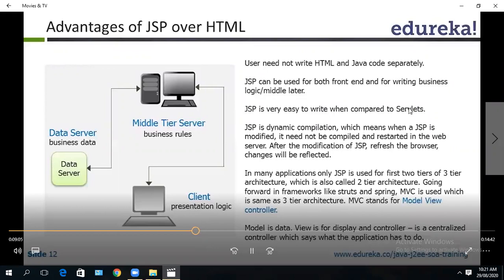The 3-tier architecture means that you have a front end, middle layer and back end layer. What do you mean by front end? The user interface, what will be displayed to the user. For example, I'm creating a Gmail account. I will be given a form to fill up the details, first name, last name, everything. That is a front end. The middle layer is the logic of the project. And the last layer is the backend layer, that is the database.